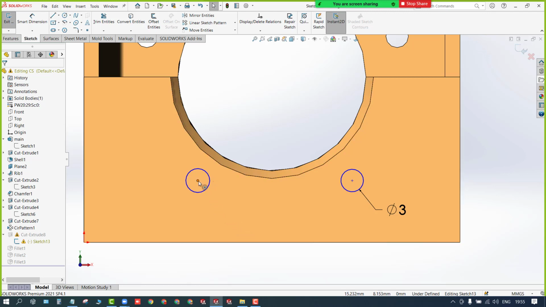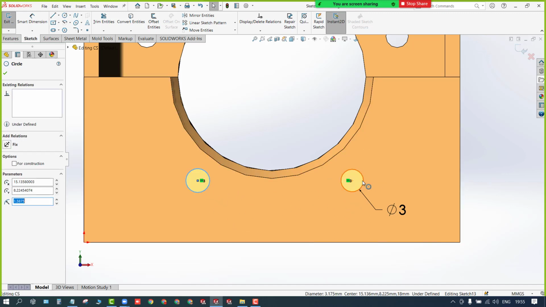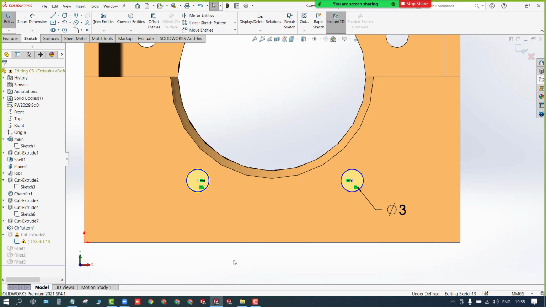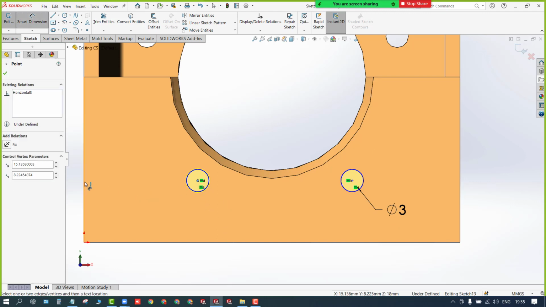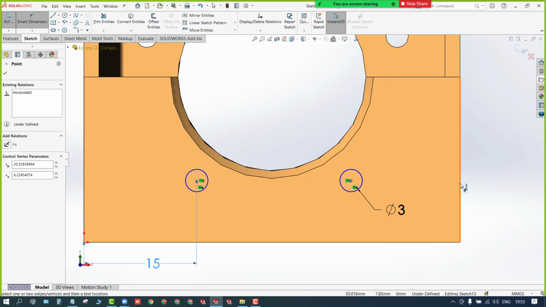So first thing is I can assign the horizontal relation so that if I move this, this should also move, and you can assign equal so that you don't need to redefine the diameter for this, right? And then from this to this I can define the dimension as how much, 15, and again same thing for this side.